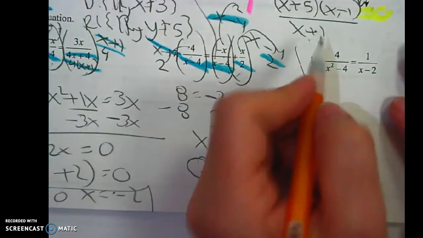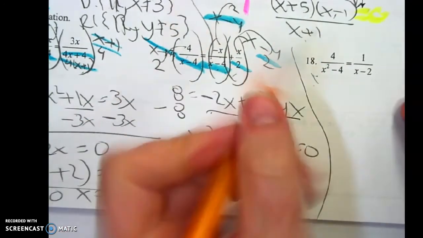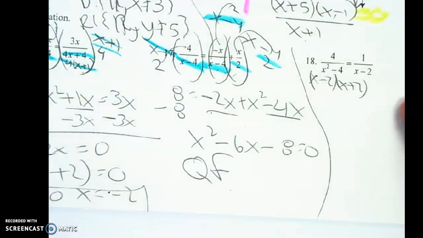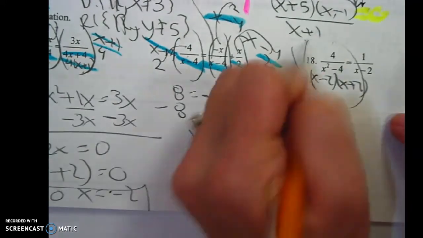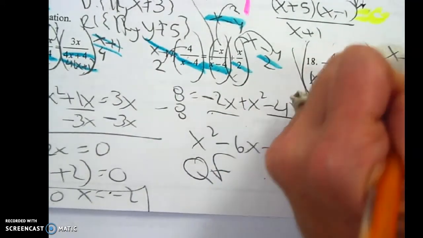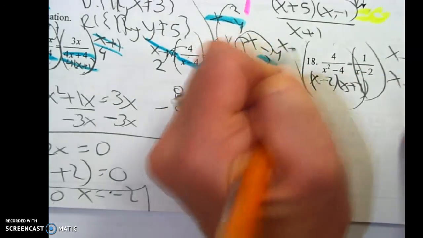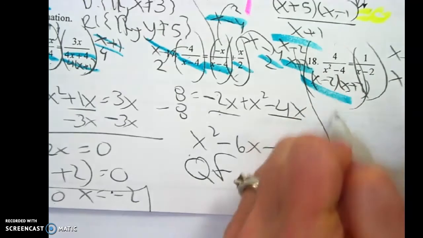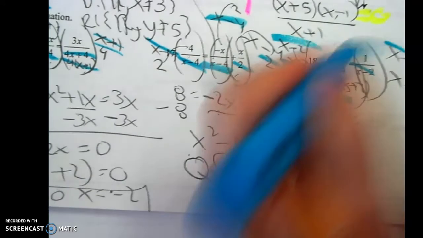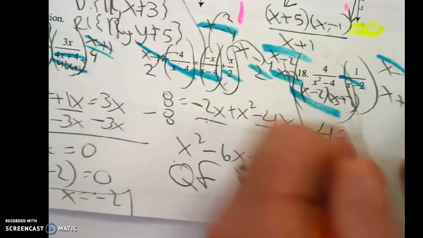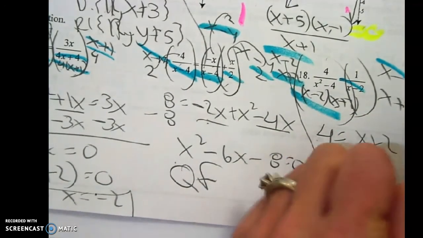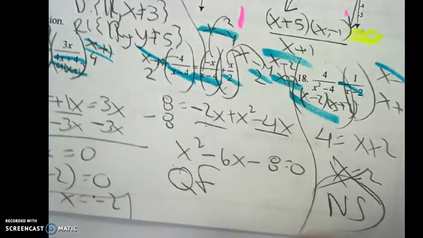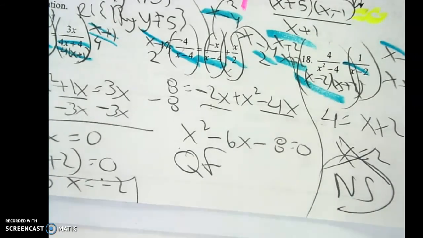Okay? This one, factor this, x minus 2. I might have made a mistake somewhere, but I only have 15 minutes for this video, so I've got to make sure I get every problem in. All right. X minus 2, x plus 2. X minus 2, x plus 2. Cancel, left with a 4. Cancel, left with an x plus 2. X equals 2. Uh-oh, extraneous. There is no solution. Okay, so that